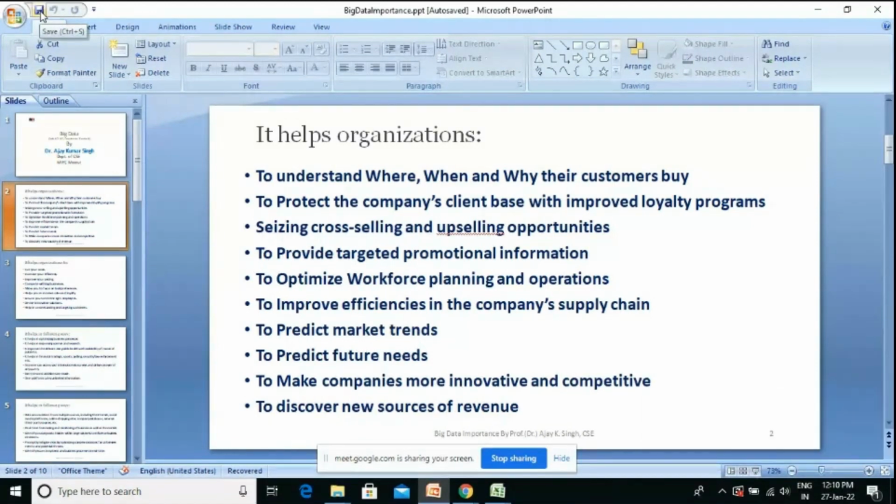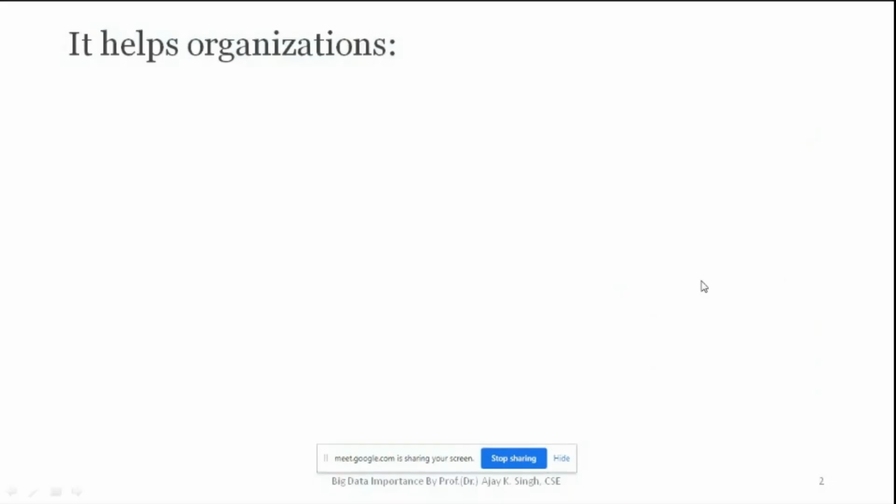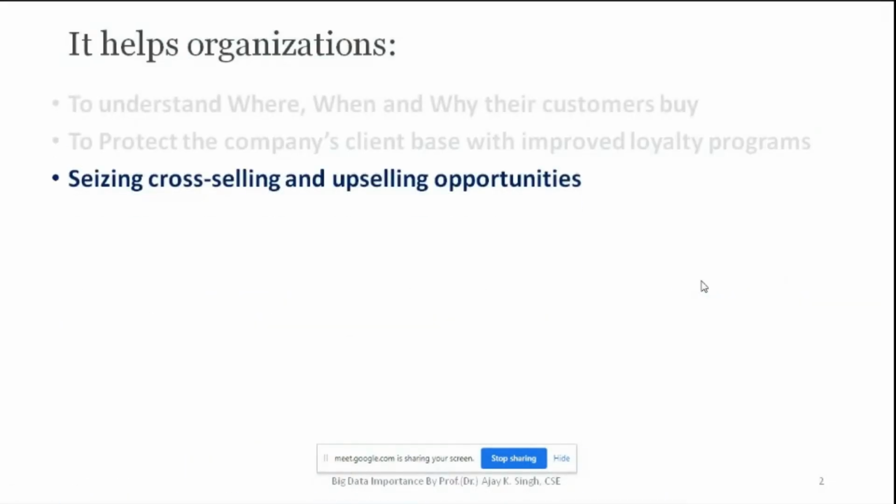Sir, I think cross-selling means the price of a particular item at various other places. You are talking about cross-selling. Yes, sir. Okay. Anybody else? So she is saying different organizations are going to have different prices. This is what you want to say? Yes, sir. The same product is being sold in different places at different prices.